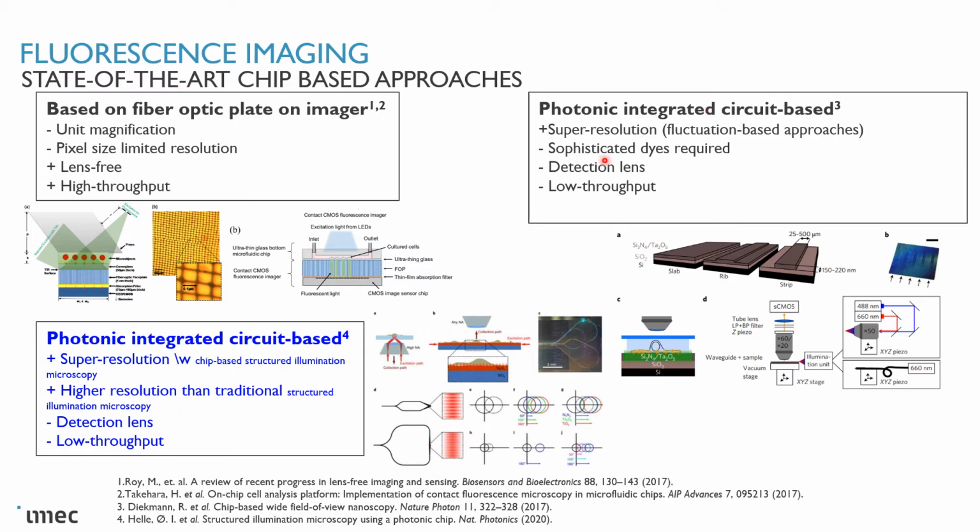There are also two PIC-based approaches in which the excitation and detection paths are decoupled. Both examples use free space optics to detect the fluorescence emission via a microscope objective. On the first example in the top right, stochastic techniques for increasing the resolution is used. Although this method gives very good spatial resolution, on the order of 50 nanometers, its temporal resolution is limited due to the number of recorded raw images, and sophisticated fluorescent dyes are required in this technique, which makes it harder